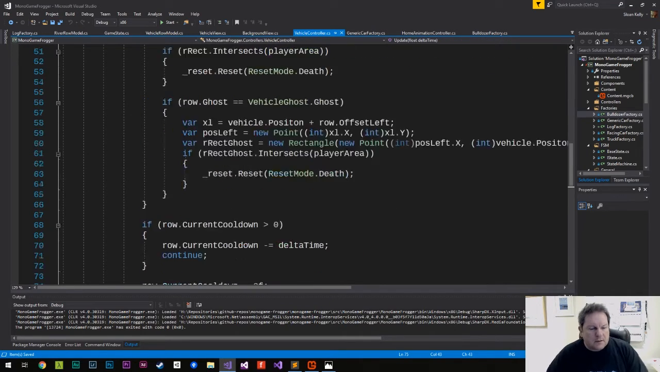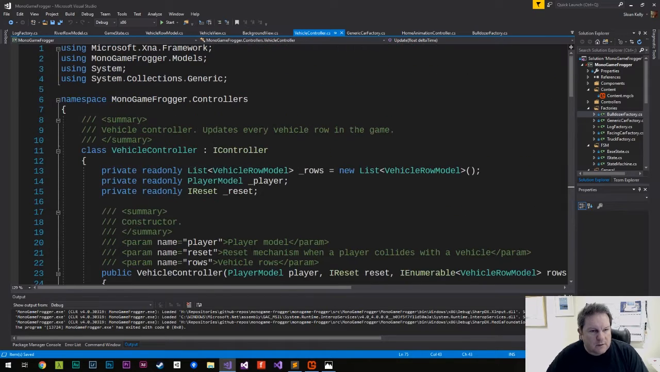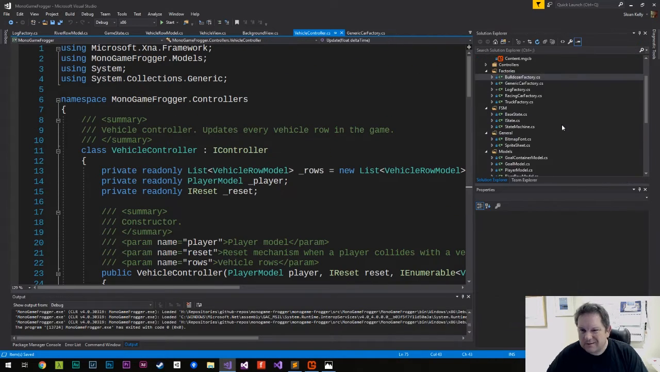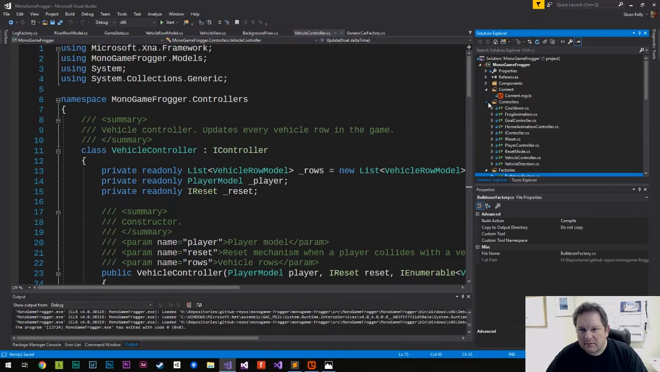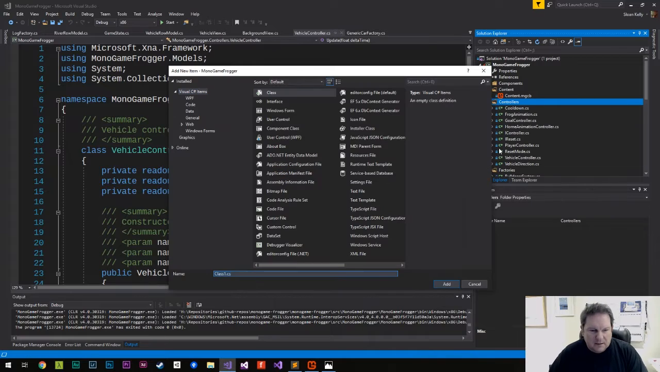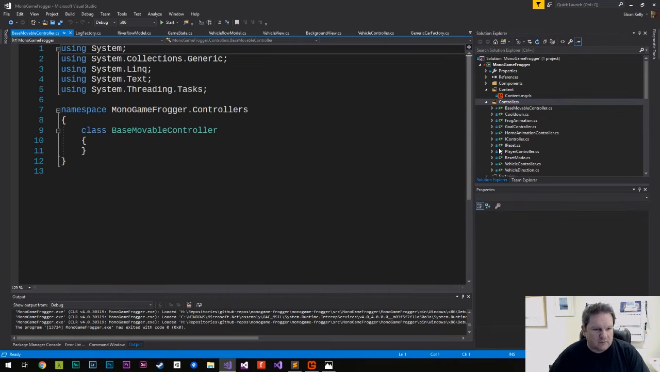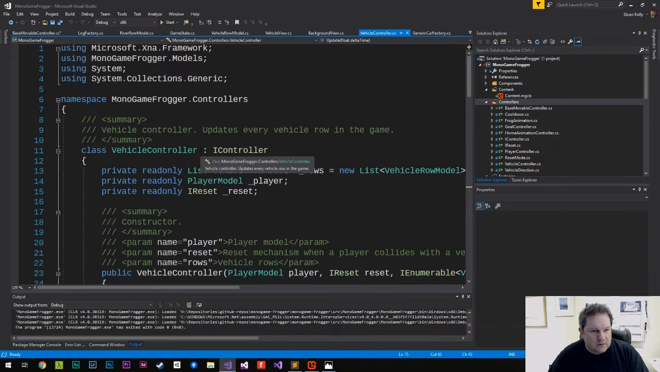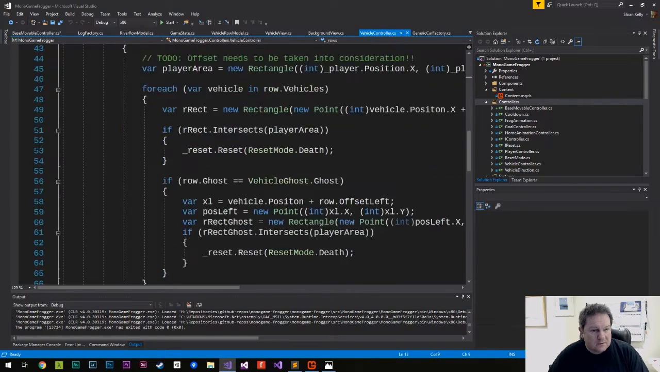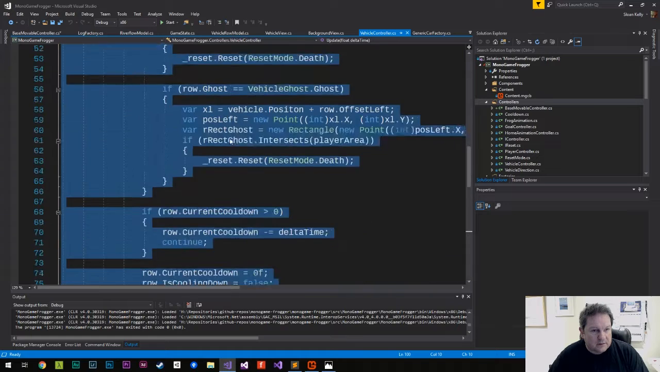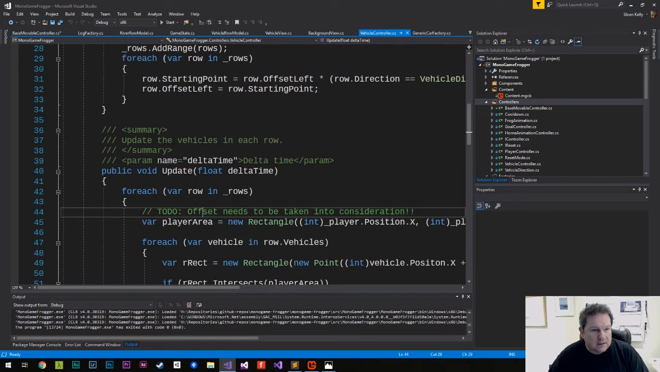All right, so I want to make this a kind of generic thing. So I want to have a base vehicle controller. I'm not entirely liking the word vehicle now, but let's not bother mucking around with that. So I'm going to add a class. Let's call it base movable controller. And base movable controller is going to contain all of this. So I'm going to take in all of this stuff here, so basically everything that is inside the update,